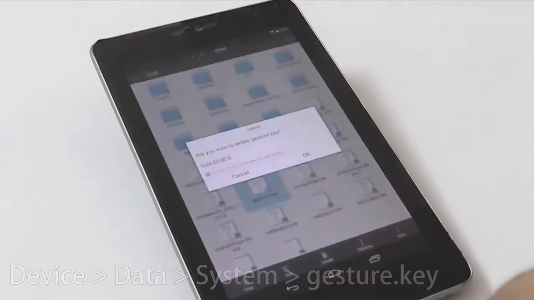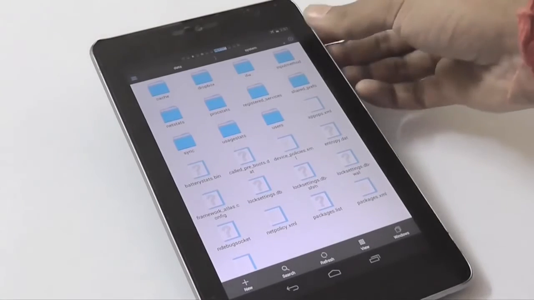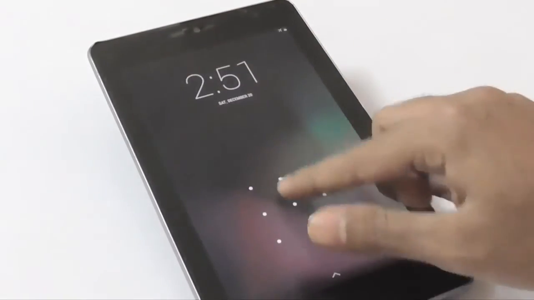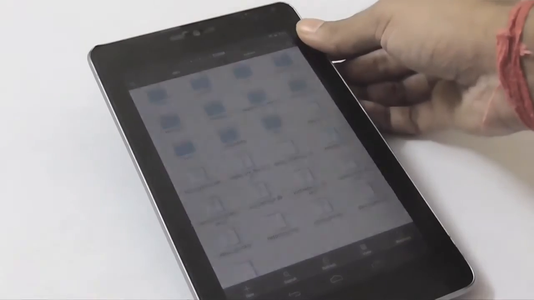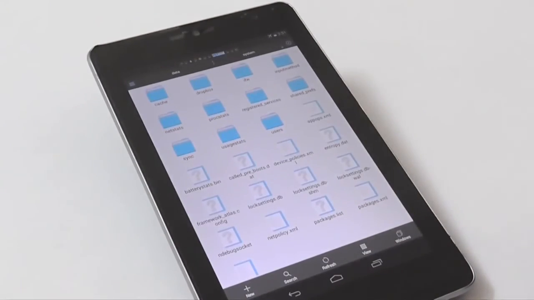But the funny thing here is that your pattern lock will still be there, but it will open with any lock combination. So this can be useful to prank some of your friends. But if you go beyond this simple prank, there is useful information that can come in handy. Whenever someone forgets their pattern lock, they can delete this file and simply log in to their Android.